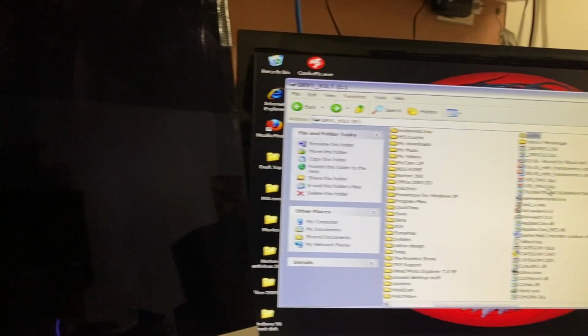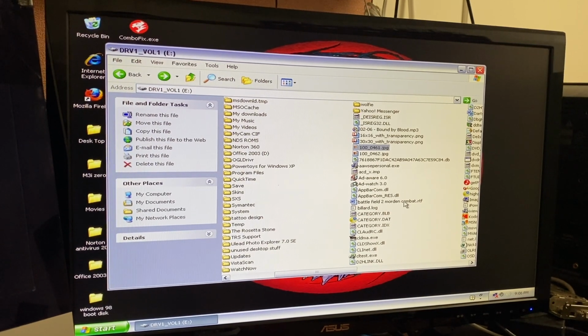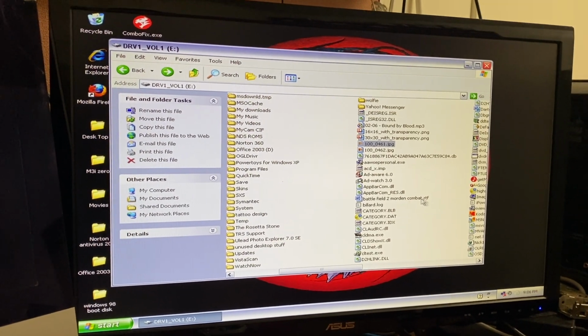There's like more photos in here from like 2006. There's some kind of RTF thing in here. Battlefield 2 Modern Combat. Wow, what is this? See, imagine the kind...